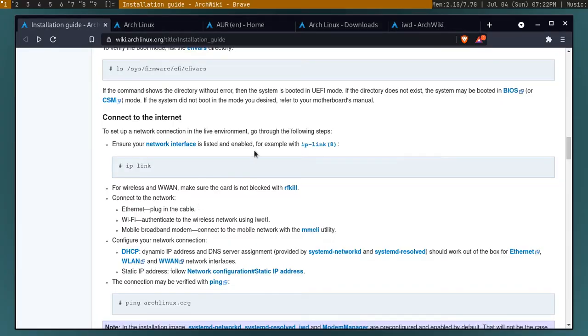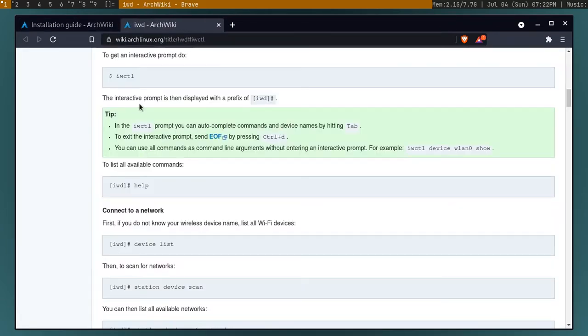So yeah, if you are on Wi-Fi, I had problems doing this with Wi-Fi, so I'm just going to show you. There is a tool inbuilt in the ISO which is IWD, and the command is iwctl. So if you just type iwctl and then device list, sorry for the background noise, device list, and then the name of the device.